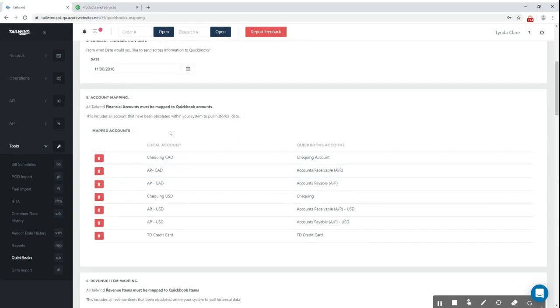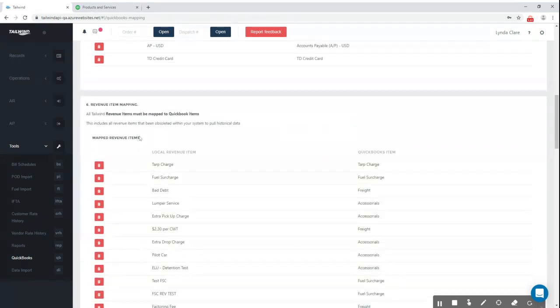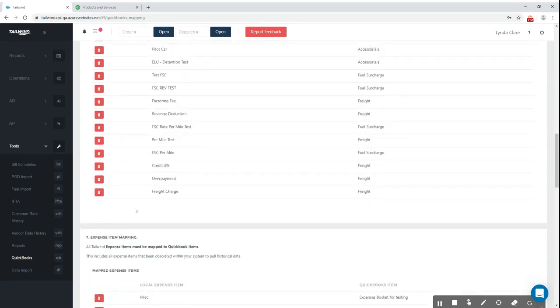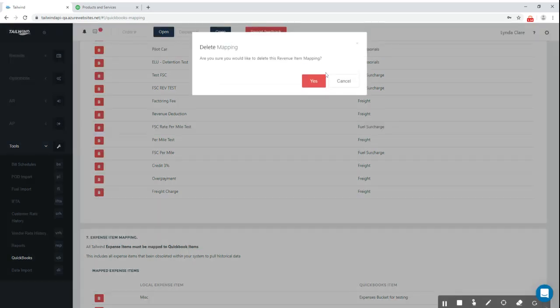As we continue on down here, you'll see that we have our account mapping. I've already gone through and mapped all of my accounts previously, so I'll just continue on down through them. We next see our revenue item mapping, which gives us a list of all of our revenue items and the corresponding matches in QuickBooks. Just for example here, I'm going to delete one out so I can show you how